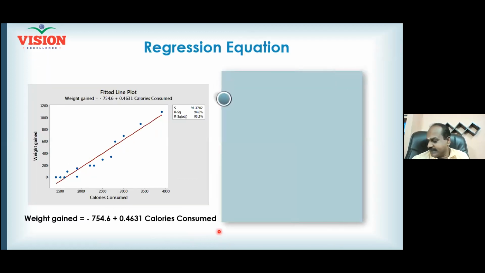And moving on to the next, regression. What is regression? Earlier, I have shown the scatter diagram. I have shown the line also, the red color line you see here. If you write a mathematical equation for the line, that equation is called the regression equation. What is the benefit of writing the equation? If that equation is written properly, you can use it as a prediction equation, right? And so the relationship between calorie consumption and weight gain is written as an equation here.